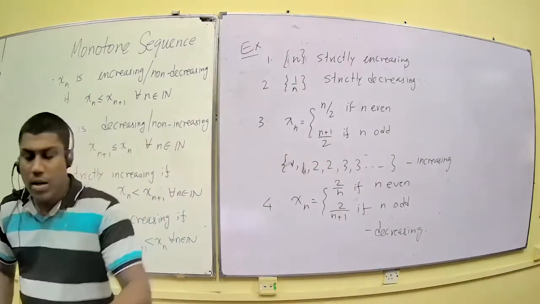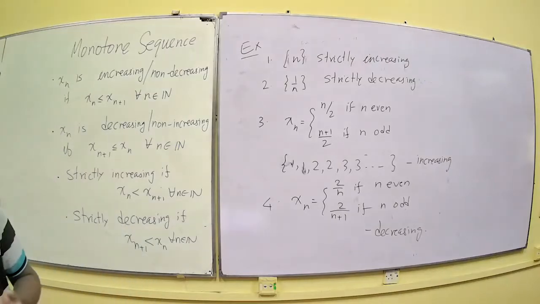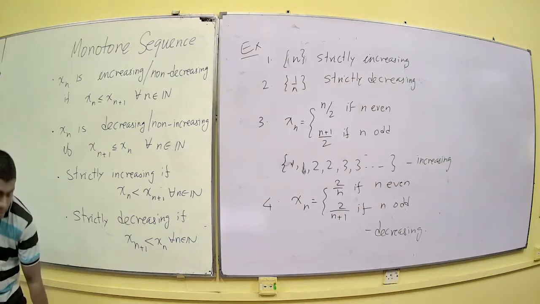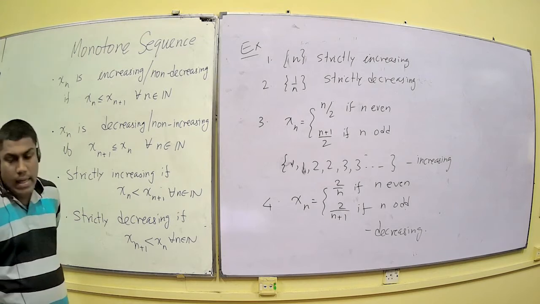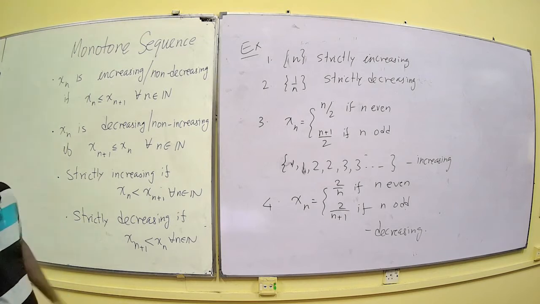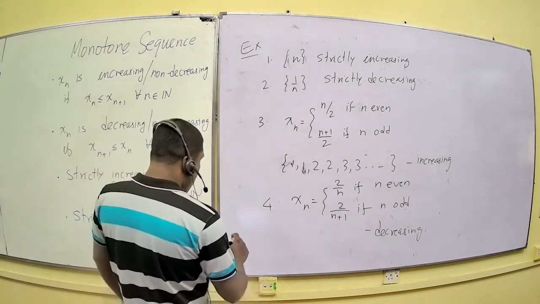You can easily figure out these things by just looking at a few terms of the sequences. You can say whether the sequence is strictly increasing or strictly decreasing, or increasing or decreasing, right? So in general,